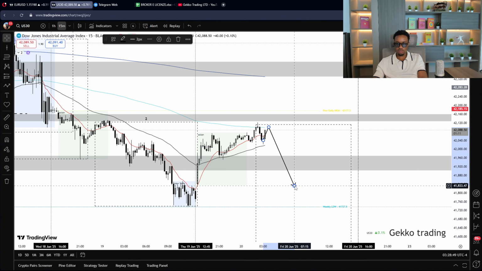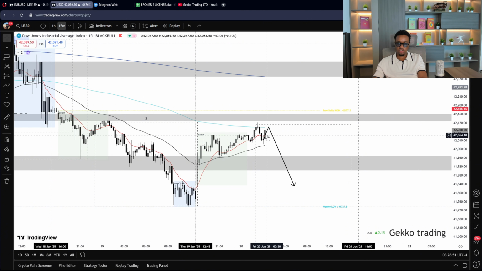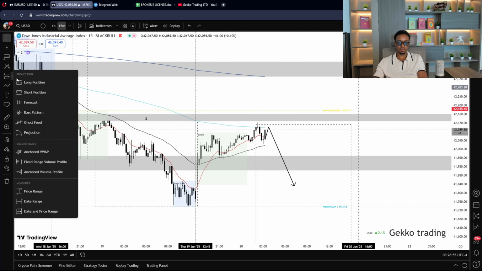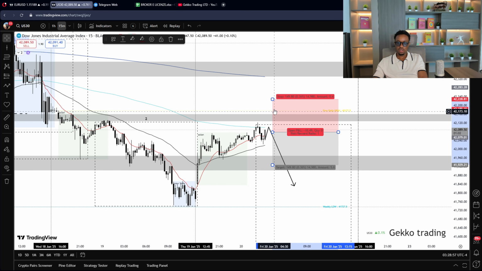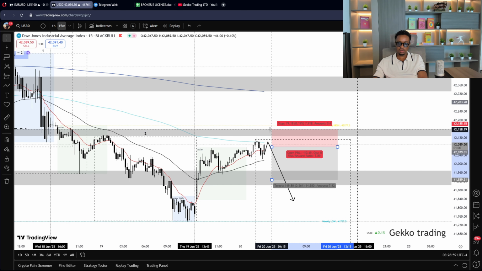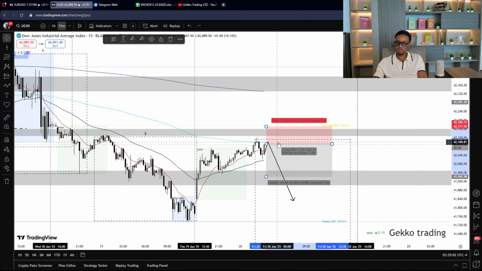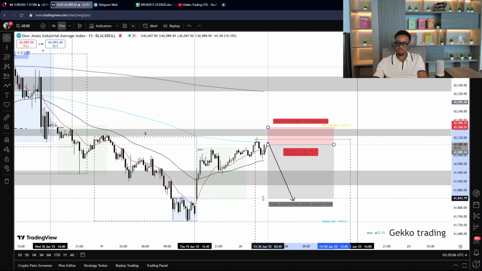So if I see a rejection over here, I would be interested in entering a short position somewhere around the high,